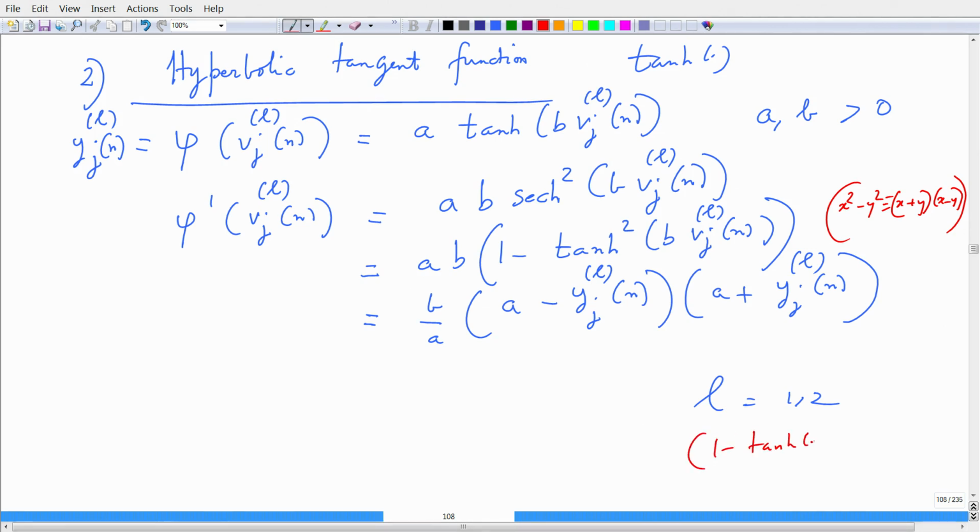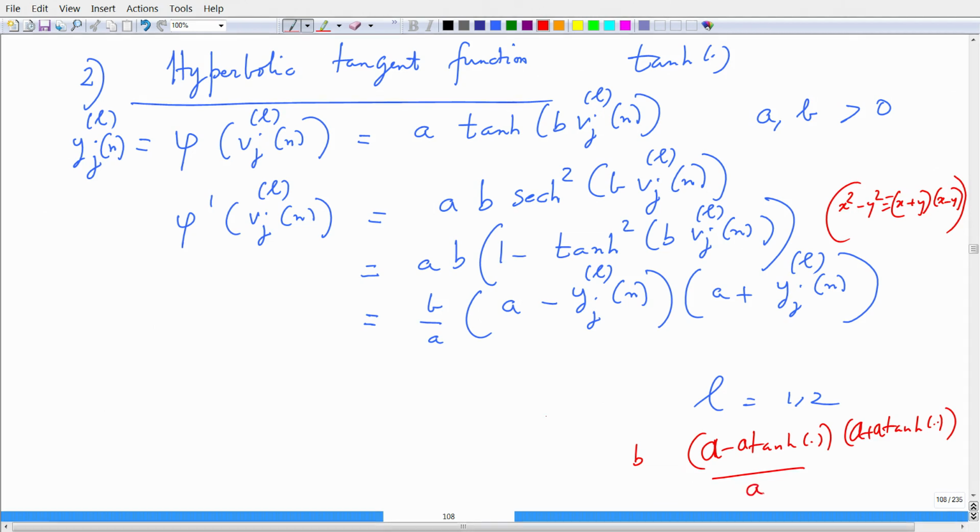You can take it 1 minus tan h times 1 plus tan h, then you have this b that is sticking out here, you multiply by a square, you have an a here, right. What I will do is I will pull an a here, I'll multiply this by a throughout, I'll have a, another a here, right. So I will multiply and divide by a, that is what I did.